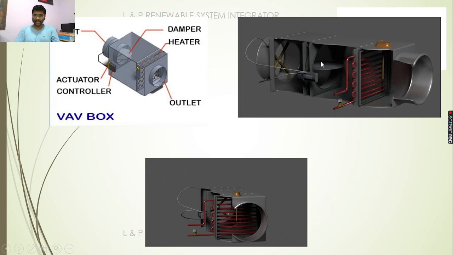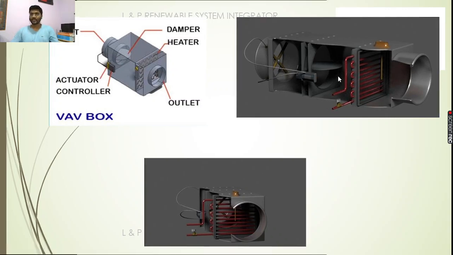So this is a typical view. This is the damper actuators. This is a cooling coil, the VAV with the cooling coil. There are two types: either we can supply from the AHUs, or otherwise we can provide a cooling coil right there, and through that cooling coil we can cool. Inside this cooling coil, chill water supply will be there, and in the return line there is a valve. Here the actuator will be there, so it will be controlling the chill water flow also. Like this also we can control.